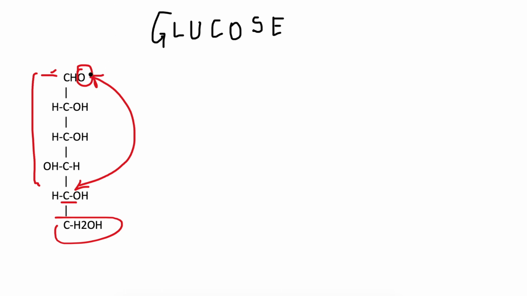So this oxygen is going to be joined by this carbon. So here is oxygen, and here is a carbon, this carbon. And you can see that this carbon is in turn attached with OH, H, and this carbon. So let's apply the same thing here. This carbon is in turn attached with